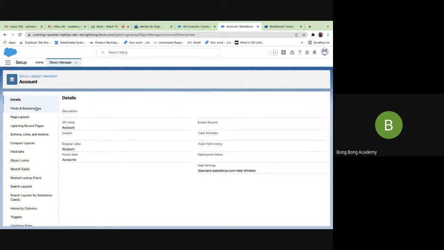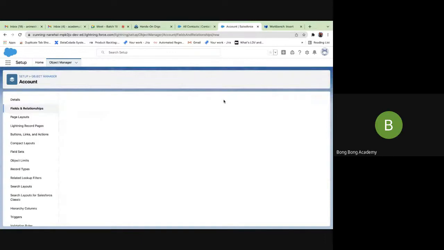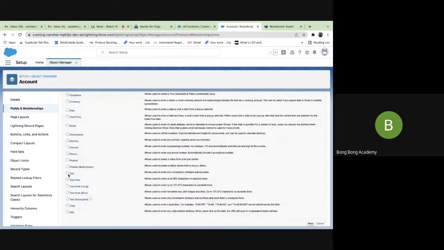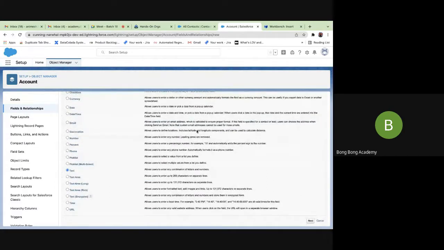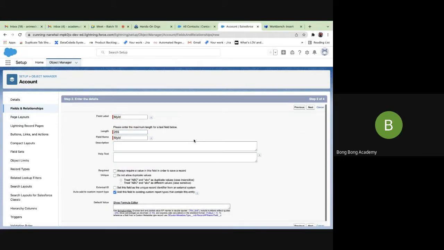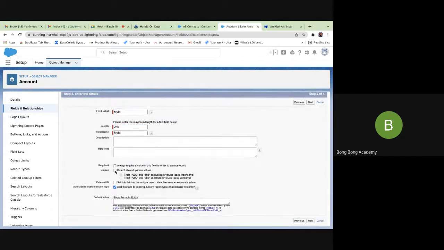On the parent record, I have to create a new field. Let's name this field, and usually we'll take a text field for this, okay? And this time I will name it my ID. Let's use the full value of the text field. I can make it required and unique. Usually that would be used, okay? Because now I will be referring to these records using this field rather than the Salesforce ID. But these two, you may or may not want this to be ticked. Unique, of course, you want it to be ticked because it has to be unique.